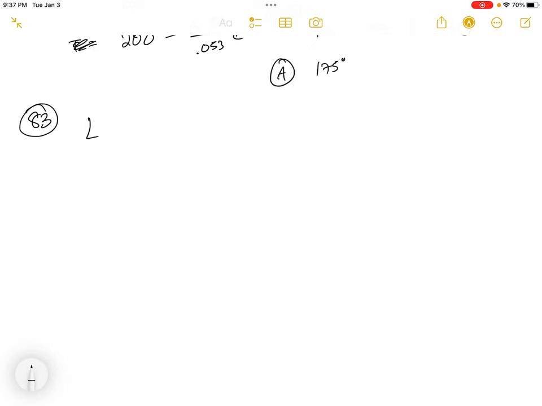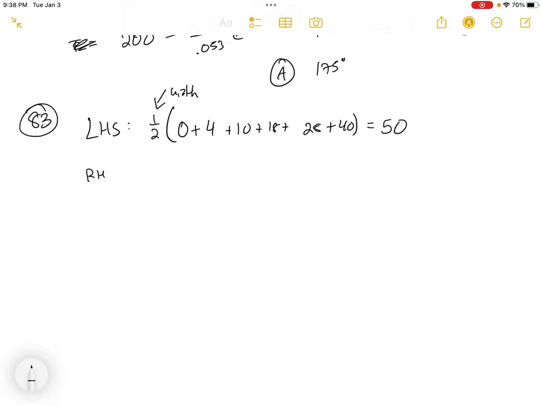So if we look at a left-hand sum here, the left-hand Riemann sum is going to be 1/2, and then all the left-handed intervals, right? Because the width is always a half. 0 plus 4 plus 10 plus 18 plus 28 plus 40. If you add those numbers up, you get 100, right? So our sum would be 100, so we'd have 50 as a left-hand sum. Our right-hand sum, similarly, would all be these numbers